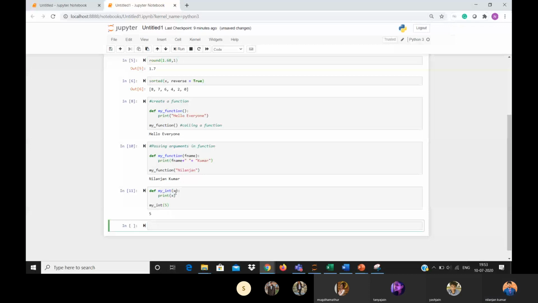Actually it is not necessary, because the main thing is what you are giving while calling the function. Let's say while calling the function you are giving 5 in the bracket, so x will take an integer only. You don't have to give the integer function. Okay, you got it.